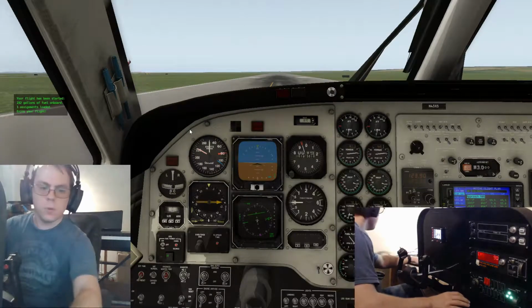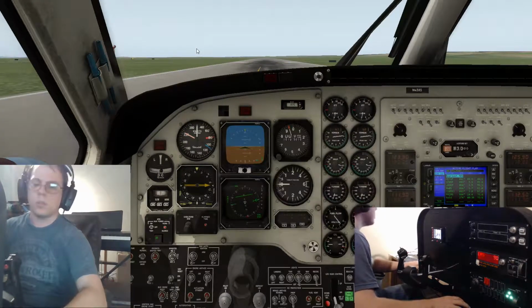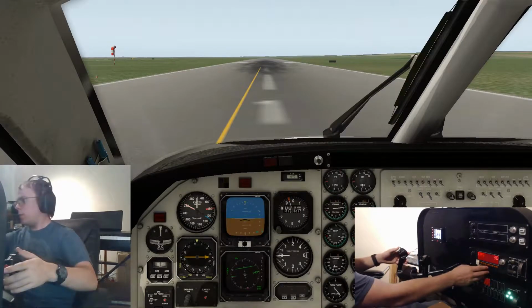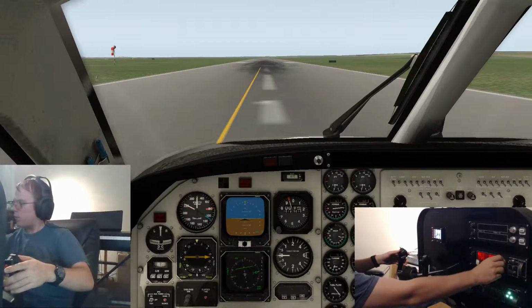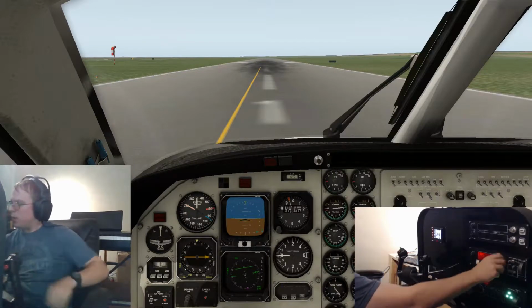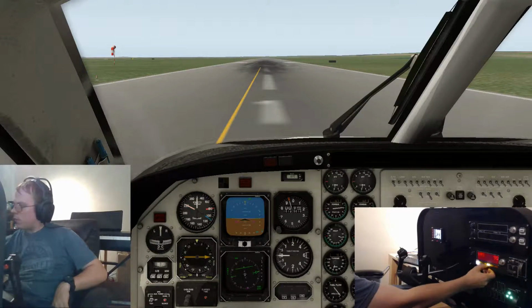Okay, we have fuel. We have clearance, we're all set up. Clearance, we've got everything we need. Set our altitude to 11,500 feet. We're gonna set airspeed to 140. We're gonna do altitude from airspeed